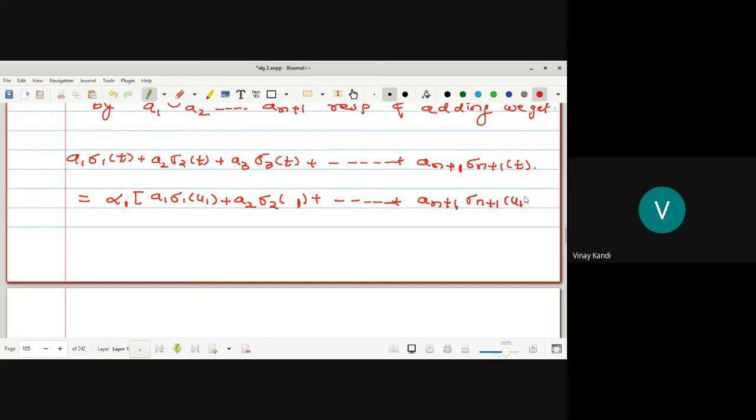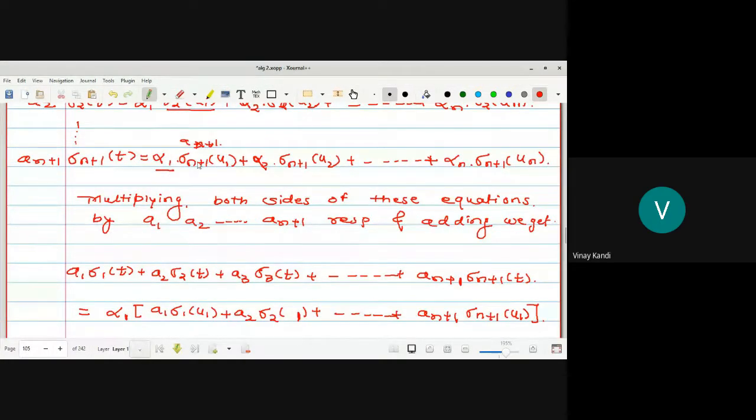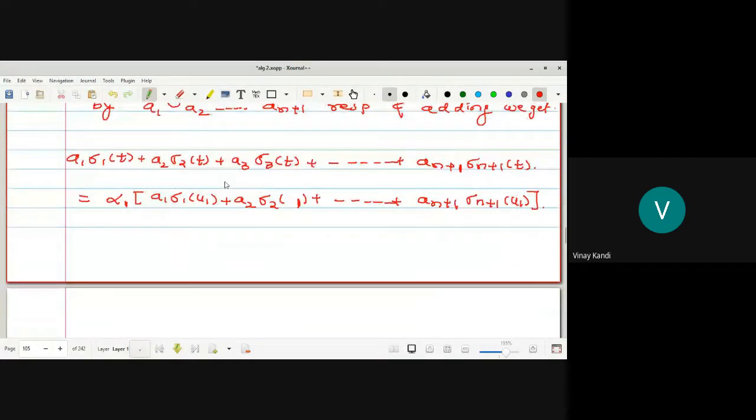Look at here, this is alpha 1 common. Similarly, I'm taking alpha 2 common,